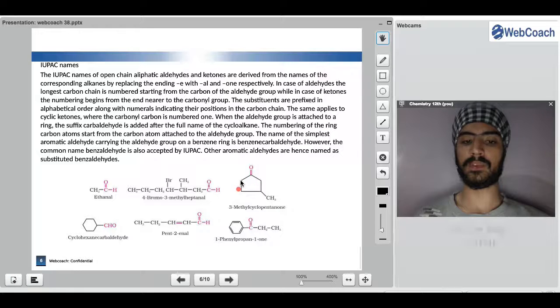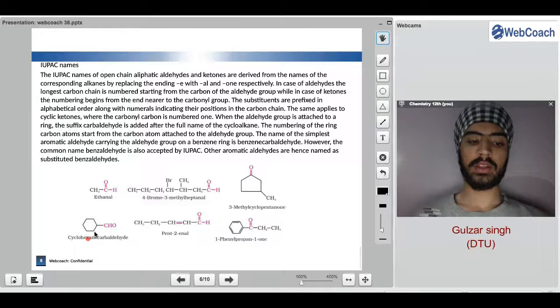So we write 1, 2, 3, 4, 5, and the first carbon has the ketonic group, so we do not name it as pentane-1-one. We write 3-methyl, as on the third carbon the branching of methyl is there, so 3-methylcyclopentanone. We start the counting from here instead of counting from there, because it will give a very great number to